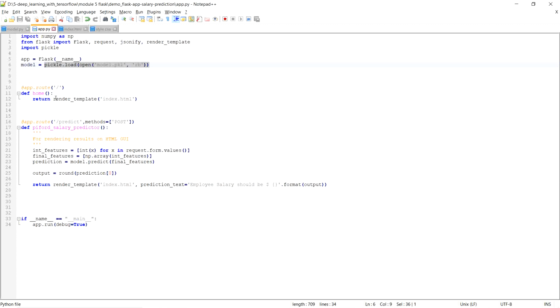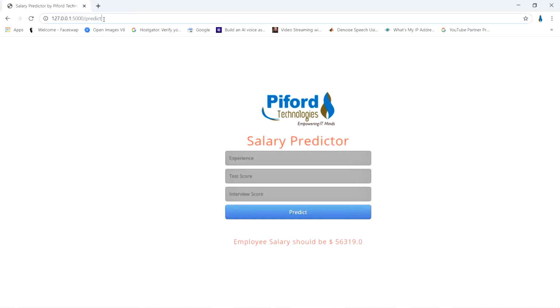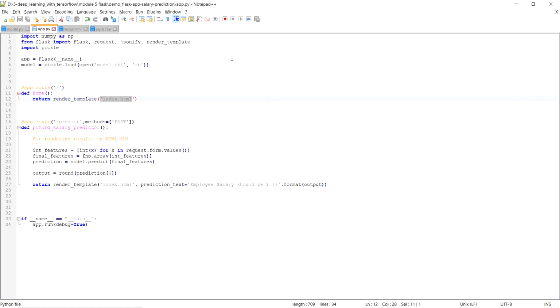In this function, we are just calling index.html. Index.html is the very first page of our application, meaning whenever a user opens the application, this will be the first page, and this is what we have written in this home function.